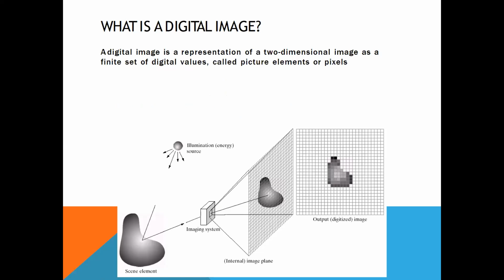First of all, we will go for what is a digital image. A digital image is a representation of two-dimensional images as a finite set of digital values called picture elements, or pixels. You have to see this is an illumination energy source. These are various scenes we have to create. We are using an image which we put through image arrays, through which it is digitized. The display is always in the form of 1 or 0 as per computer terms.